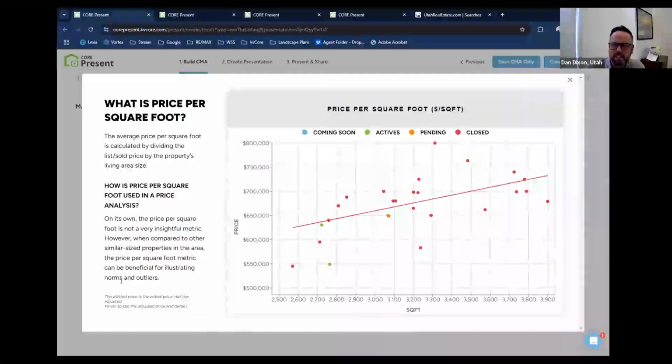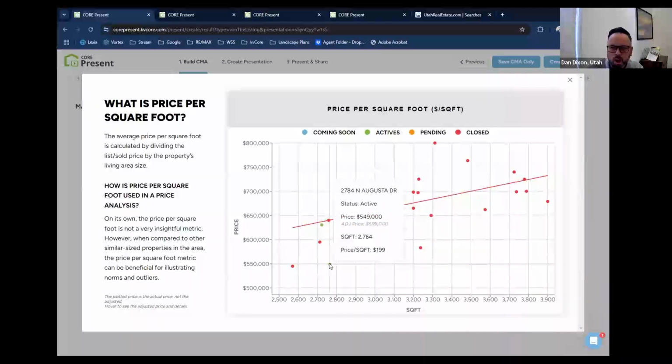Two other slides. This one I think is really interesting too, right? And so it does give you that price per foot. And so once you've gotten down to comps that I like, that are similar, here's my price per foot. So as my property increases in size, you can see this price per foot, which is the average price per foot. You can see the properties on either side of this thing, right? And well, this one's, even though it's smaller, it's below the price per foot line. And so something's going on with that property, why it's not selling.